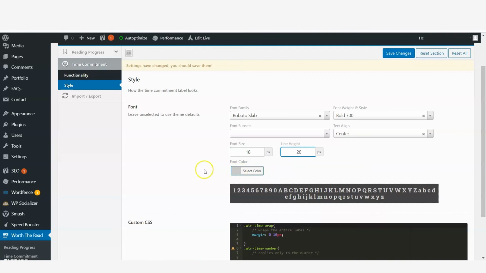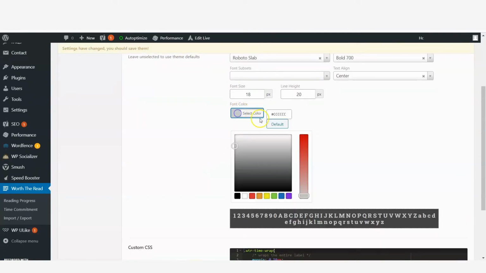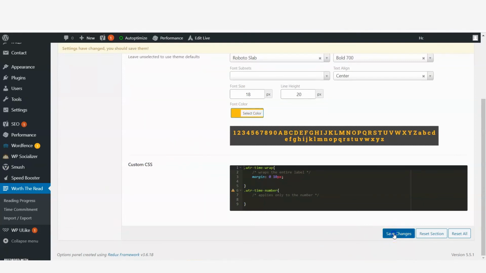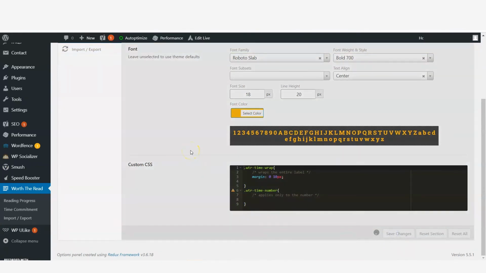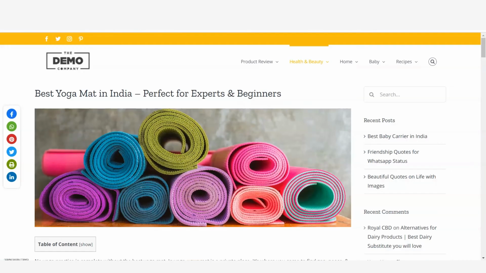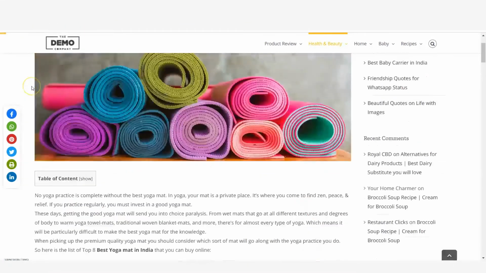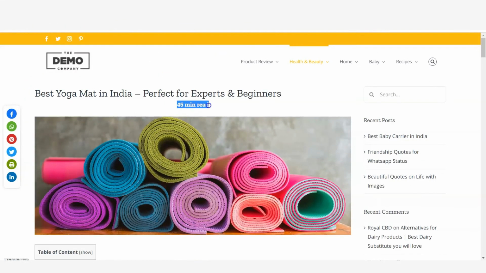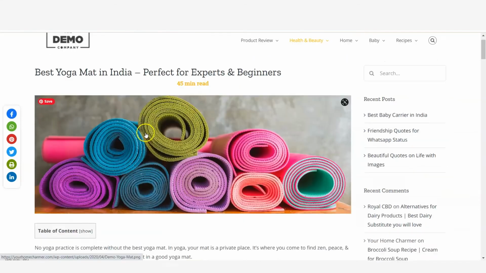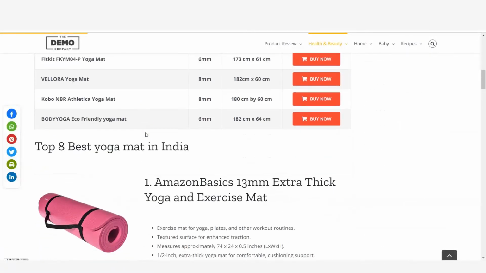And font color, I will use my base color, that is yellow, and save changes. Now let's go to our website and refresh the page. Okay, if you can see here, now it mentions that it is 45 minutes read. And if I scroll down, the bar is also there.